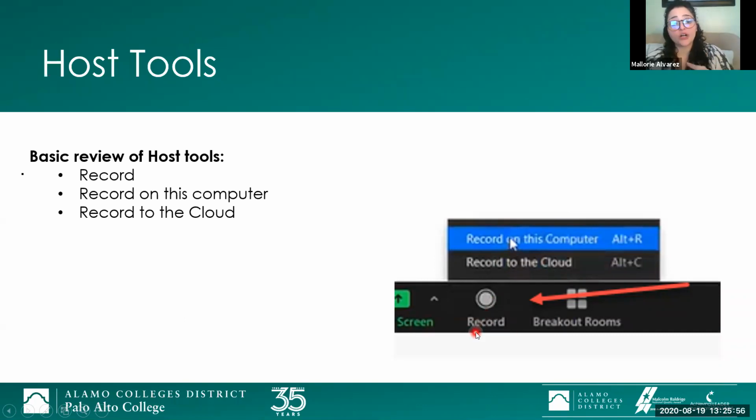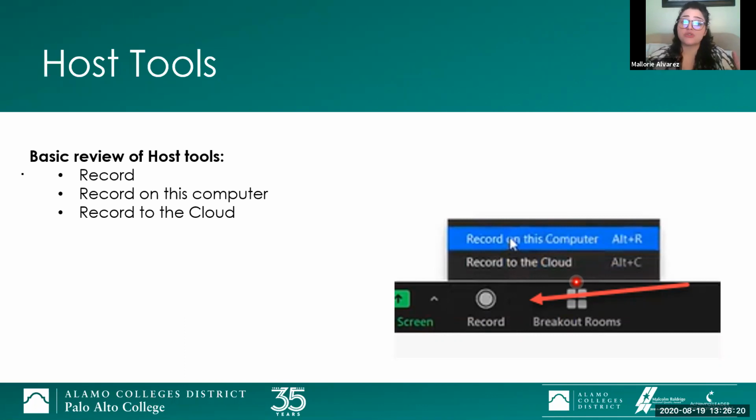When you click the record button, you're given two options. The first one is record to the computer or record to the cloud. What that means is it's asking you, do you want to save this recording to your computer, or do you want to save this recording to the cloud, which you would then have to access through Alamo Zoom?